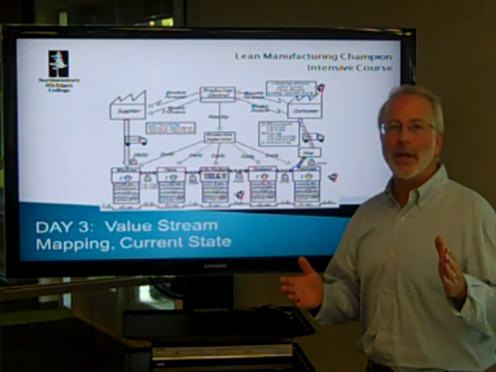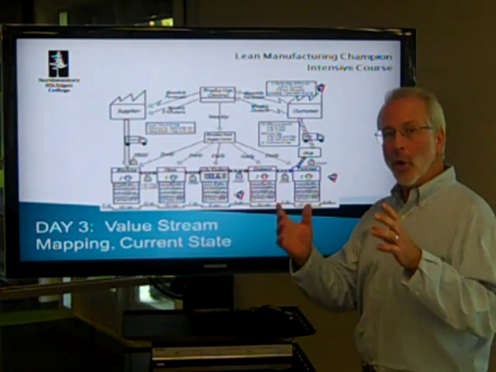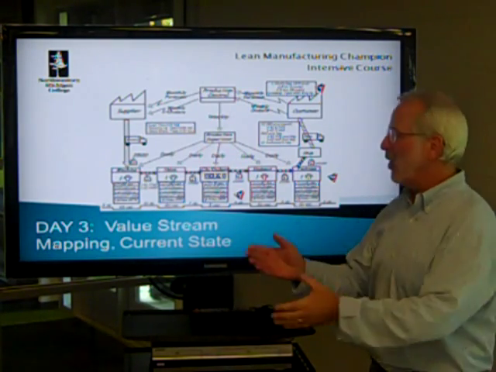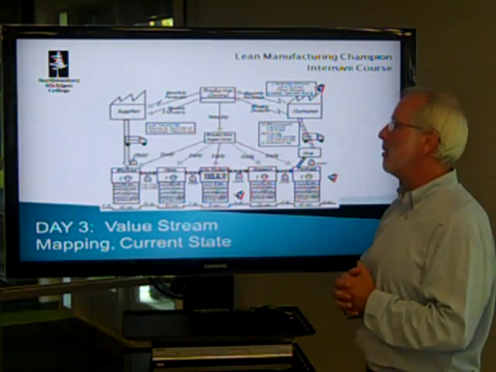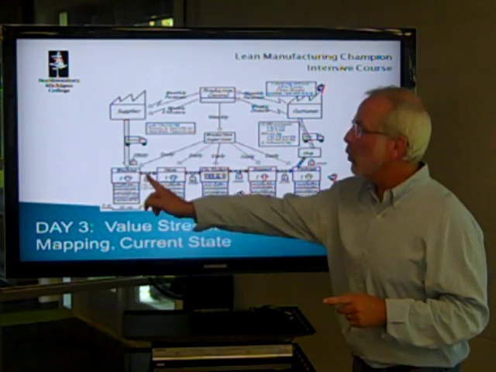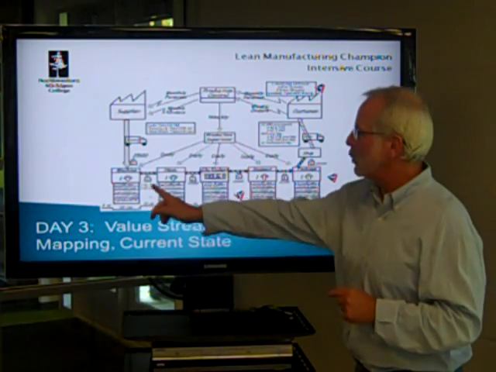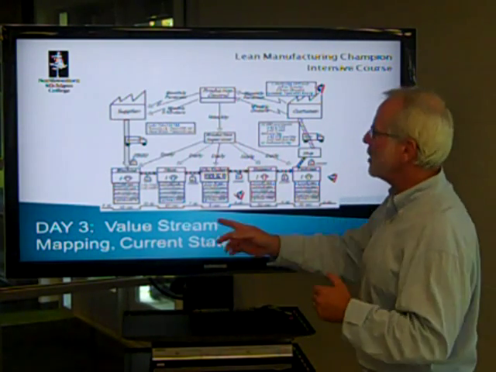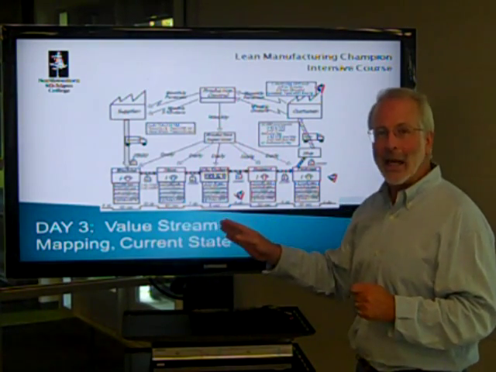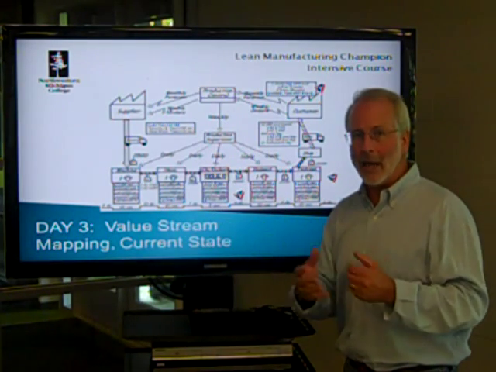So welcome to the future state mapping portion of Lean Manufacturing Champion. As you recall, you have created a current state map, and here's a current state map on the screen. Some of the things to remember from your current state map is that we were primarily pushing product through the process, and there was inventory, work in process, represented by the I symbols between each of the value-added steps, causing us to have fairly long lead times when we calculated how many days of customer demand we had between each